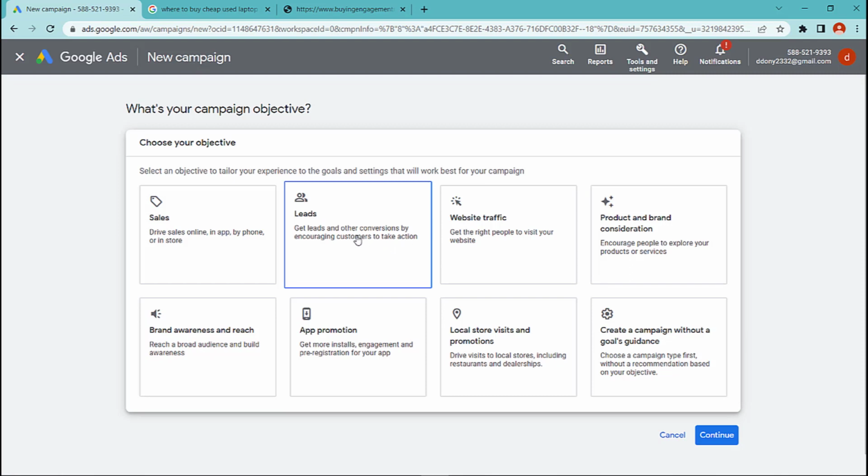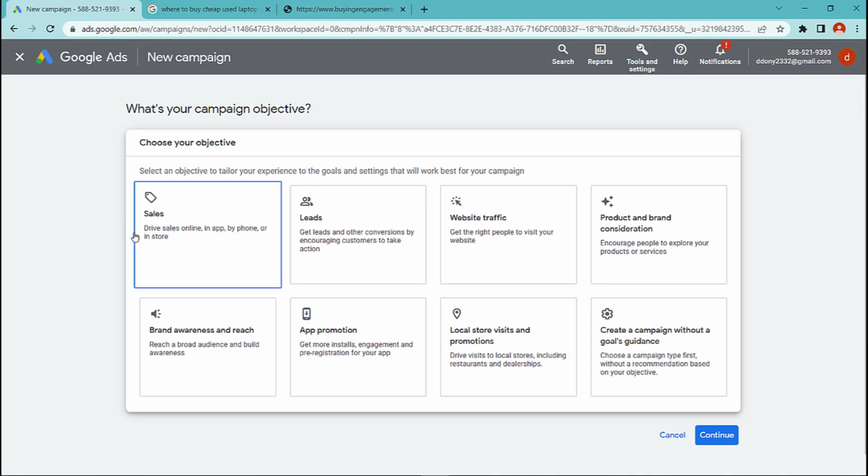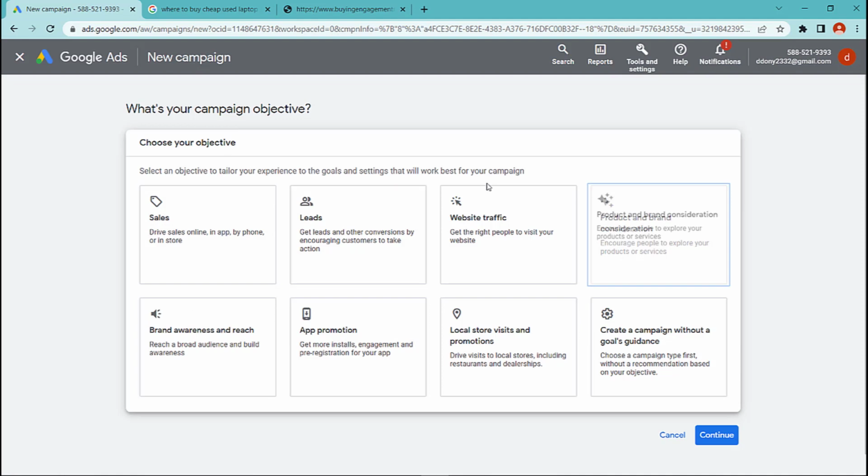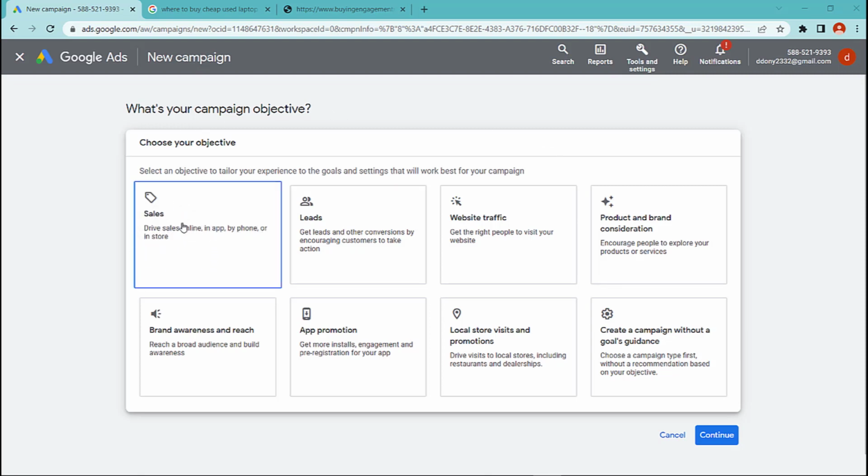First thing, we have to determine with a new search campaign what our objective is going to be, and that's really unique to every single campaign. Campaign objectives in Google Ads are the specific goals you want to achieve with your advertising campaign. There are several different campaign objectives available, including Sales.